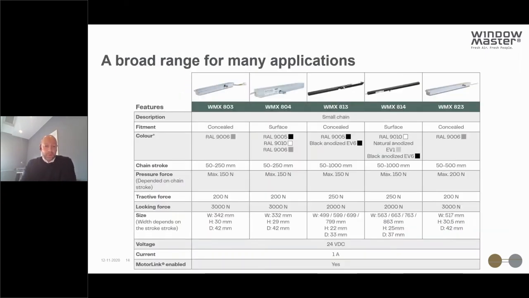Just to give you an idea of how broad that range is, we'll take a look at a few slides now, which is just a snapshot of our range. But when we look at them, the key features that will help us to decide which of those products is right for our applications would typically be whether it's surface mounted or concealed, potentially the colour of it, perhaps less so from a technical perspective at this stage, the chain stroke and the opening capabilities of it, of course, the forces that the actuator is able to deal with in both the push and the pull directions. Locking force is really important, of course, for security,